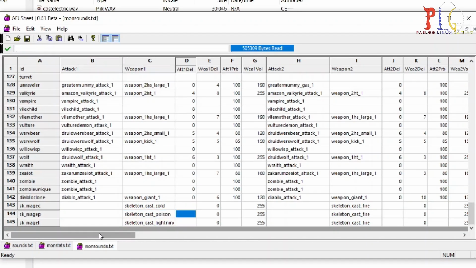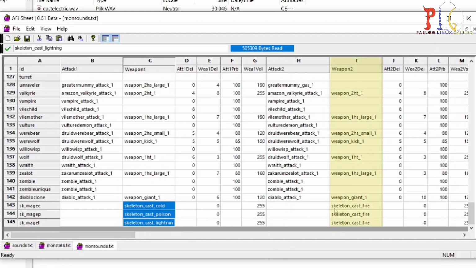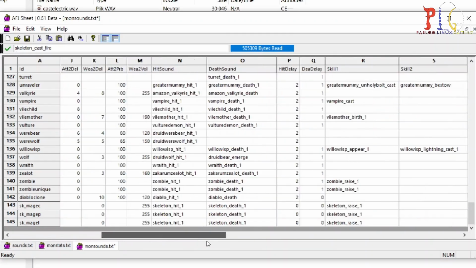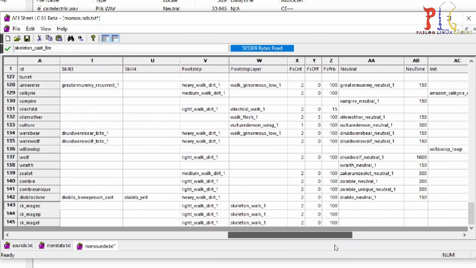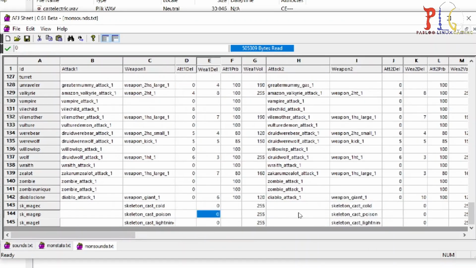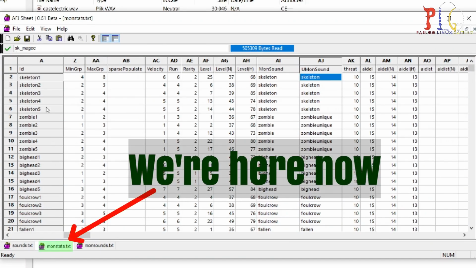So yeah, do the same thing in this column, in the weapon 2 column, and look if those sounds appear anywhere else. They are not, so save this. And a very important thing when it comes to this, copy this ID and